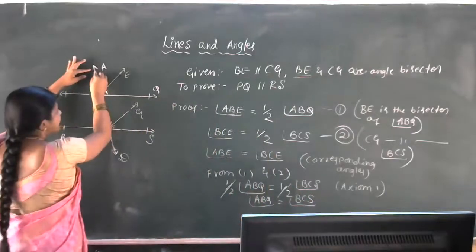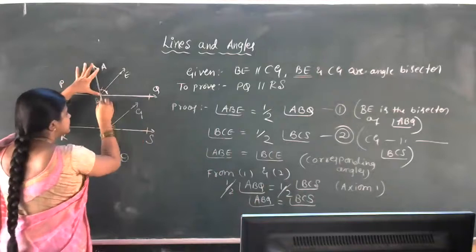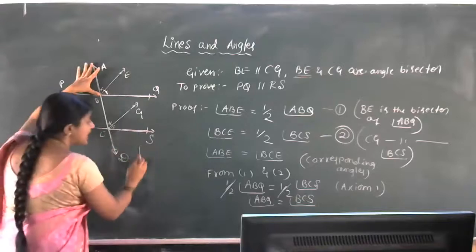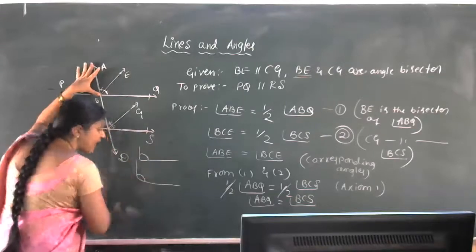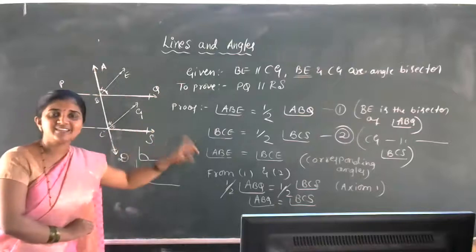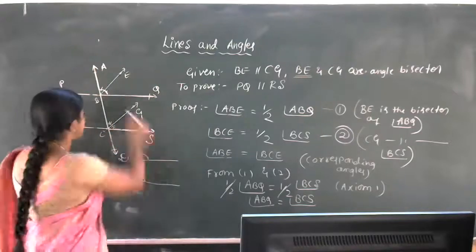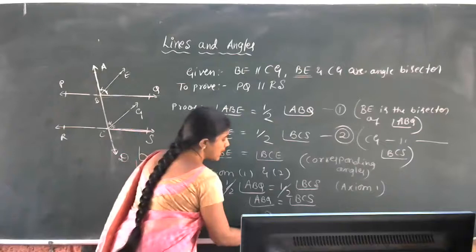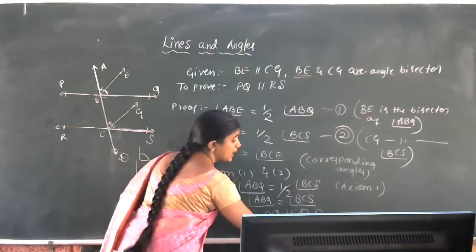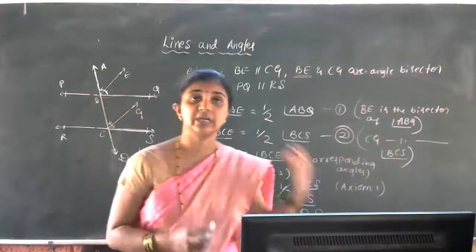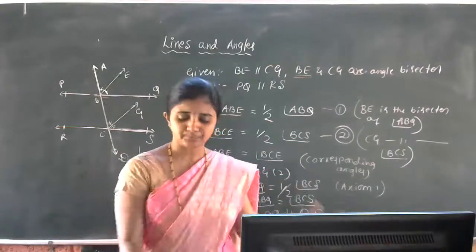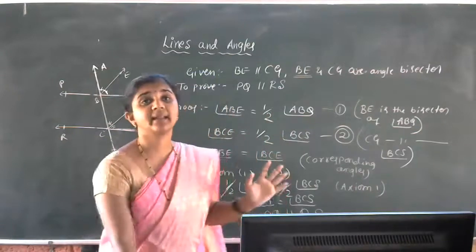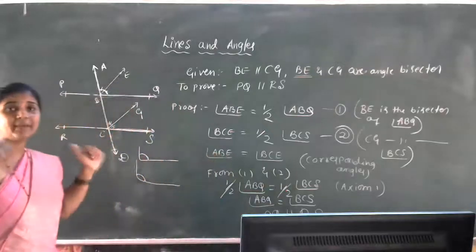ABQ, just observe the diagram. Angle ABQ is equal to angle BCS. While discussing the property, we discussed that if this pair of angles is equal, then the lines are parallel. Yes, of course. If ABQ is equal to BCS, then therefore the PQ line is parallel to the RS line. What reason do you have to write? If a pair of corresponding angles are equal, then the lines are parallel.